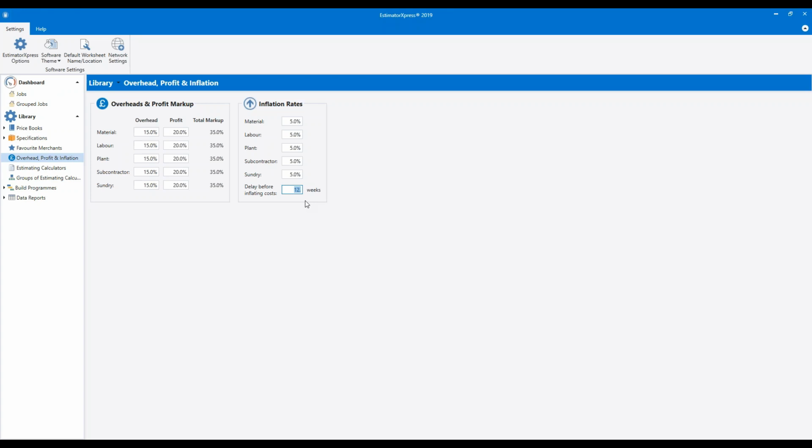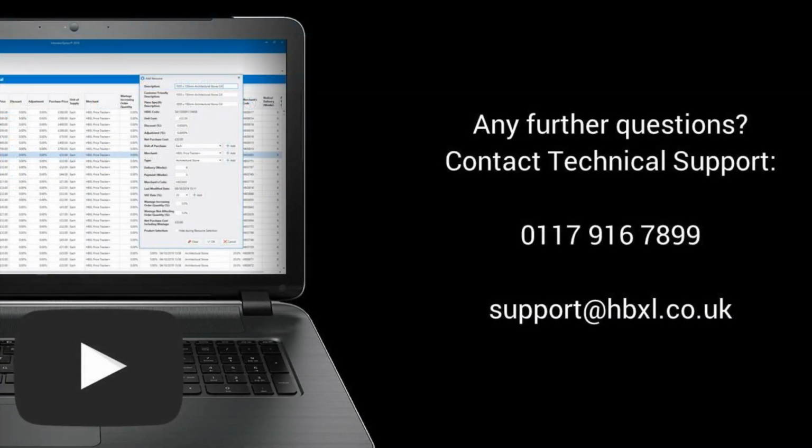So this is where you set your defaults. Once you've created an estimate, you can tweak the overheads and profit within that particular estimate. And as regards inflation, you can decide when you create your quote whether you want to add inflation on. There's an option there to have it switched on or off. So if you've got figures entered here, it doesn't mean you have to apply inflation, it just sets the rates for if you do. So yeah, that's another important part of the software, and something that I wanted to make you aware of. So that's overhead, profit and inflation, and that is the end of today's module.